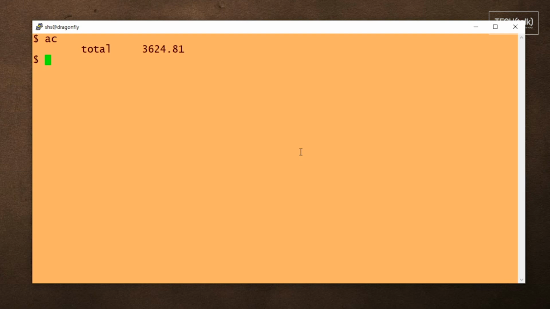To break that number down by user, use the -p option, for P for people. And here we can see a report that shows how many hours each of those users has accumulated, and there's a clear dominant user. To list login user time by day, you might want to use a command like this.